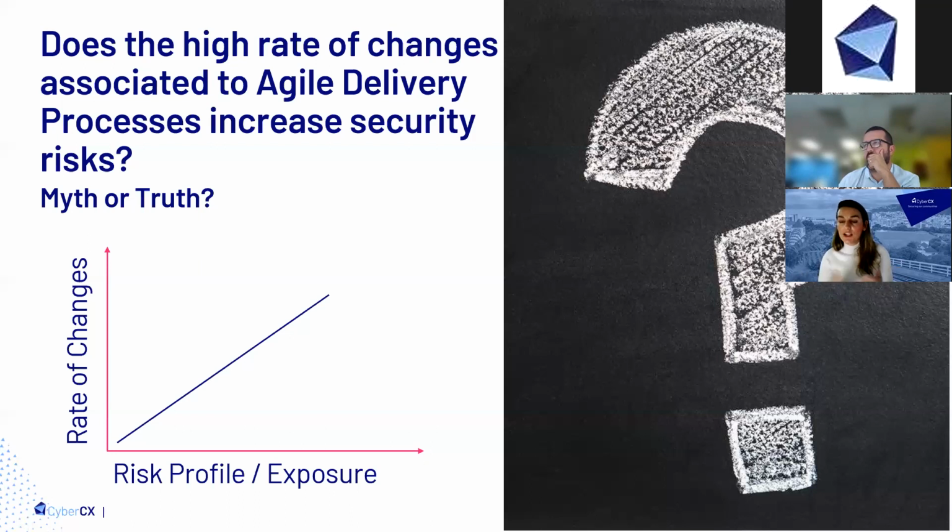So yeah, that's been my journey. I have been challenging, in a good way, some of the DevOps teams, because I remember putting forward some presentations saying that the rate of change, in the way that Agile thinks in a very quick and fast way, increases risk exposure and those kinds of things. And I guess I had good people that helped me get into that journey and understand that perhaps it was not totally wrong, but it was not a useful statement and a useful lens to see the problem. Once more, I would love to hear if you have different opinions, and even if you have the same, I would love to hear your thoughts too.